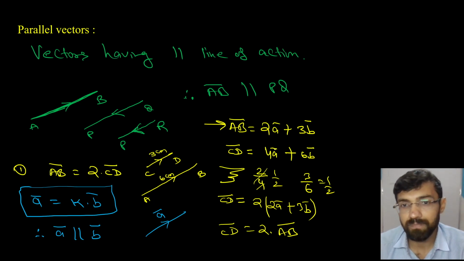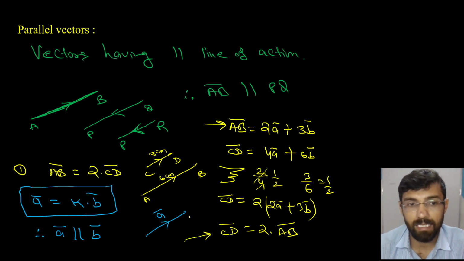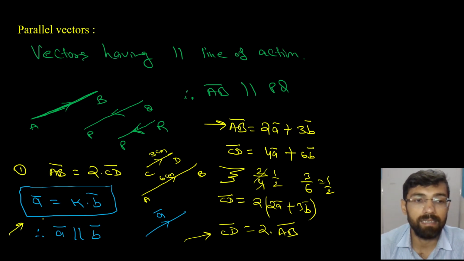If the ratio between the coefficients of the A vector, 2 by 4, that is 1 by 2, and of the B vector, 3 by 6, the ratio is 1 by 2, if these two ratios are equal, then we get a relation like this: CD equals double the AB. And whenever a first vector is equal to some k times another vector,